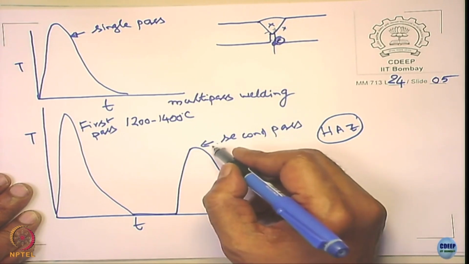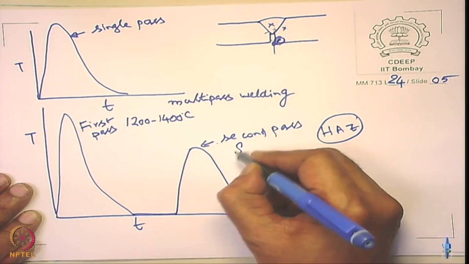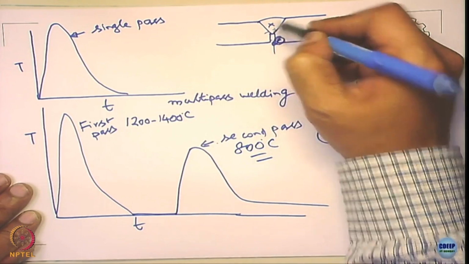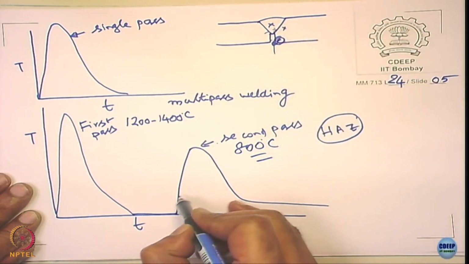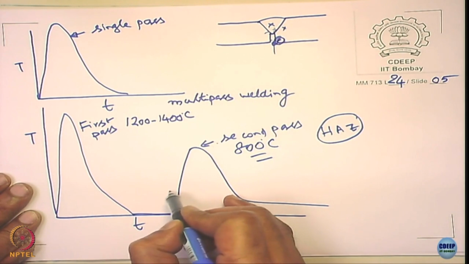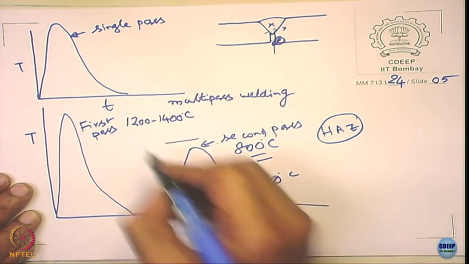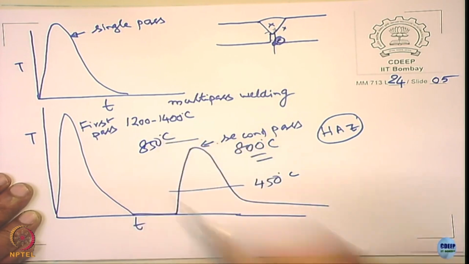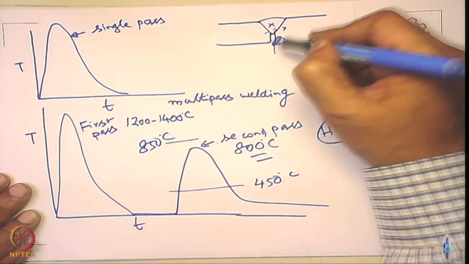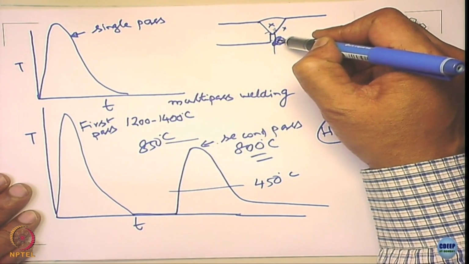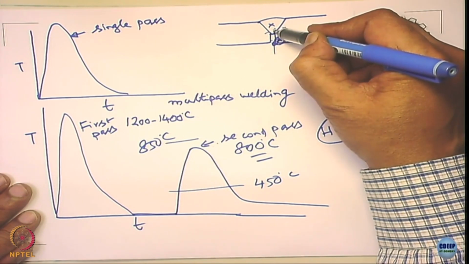Probably it goes around about 800 degrees Celsius, and this temperature region may be 450 and 850 degrees Celsius. So here it is acting like a heat affected zone for this, because it is sufficiently